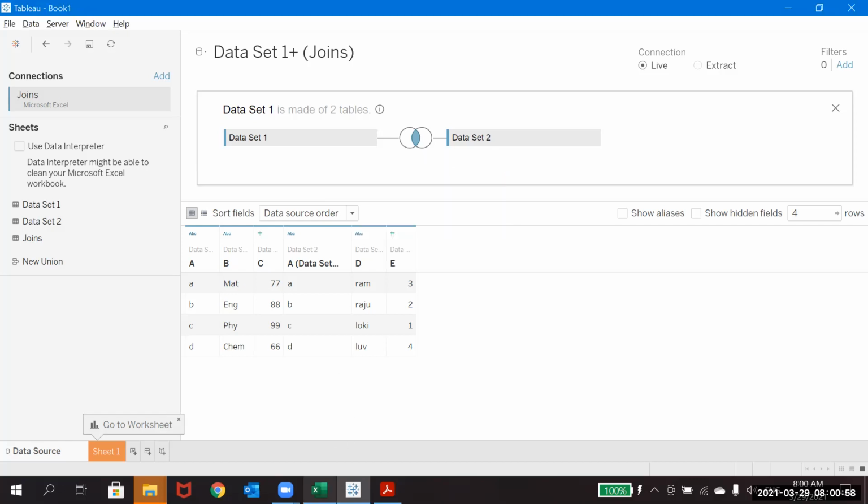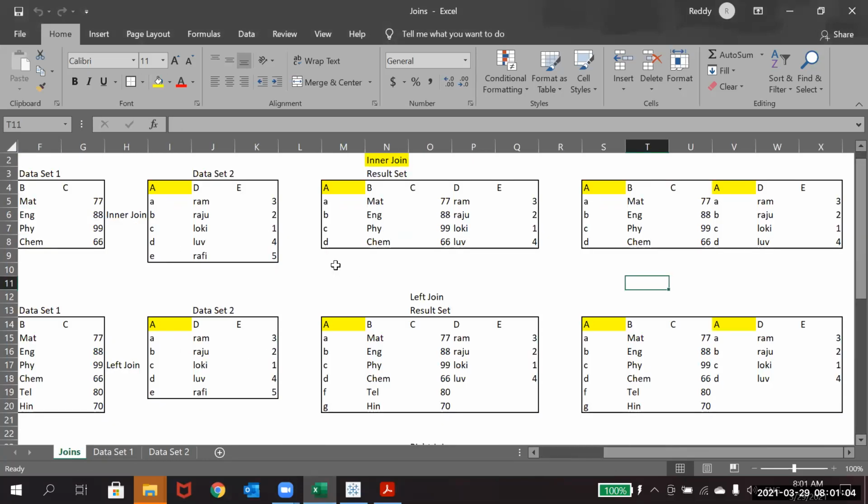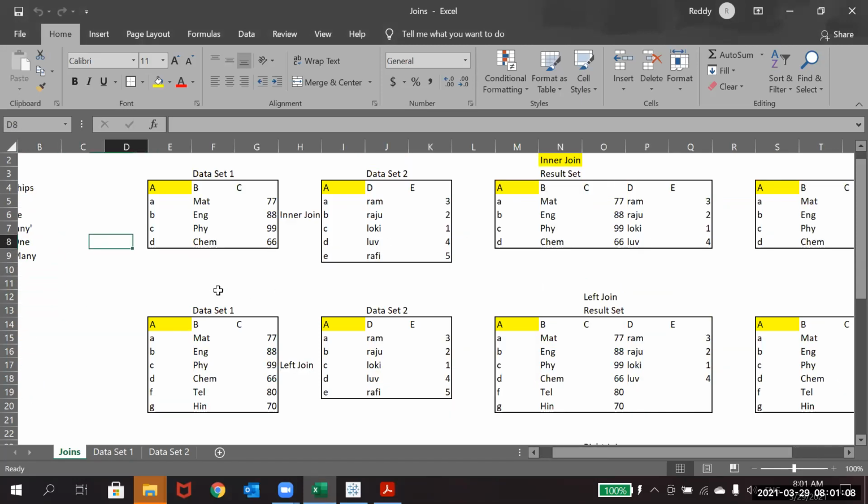Even if it is your choice, first create the data sets side by side and keep the result in Excel first.